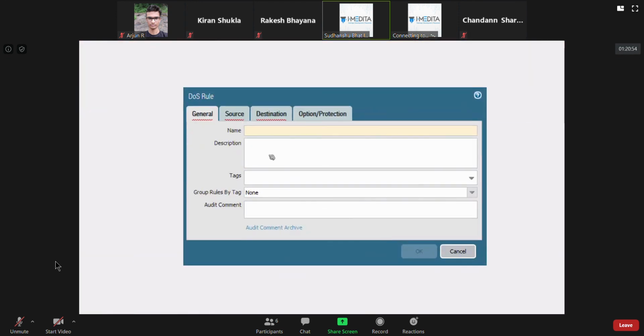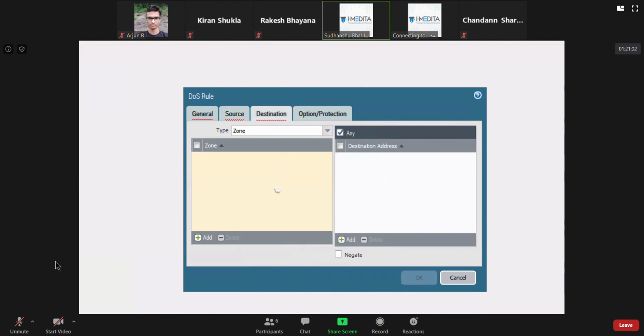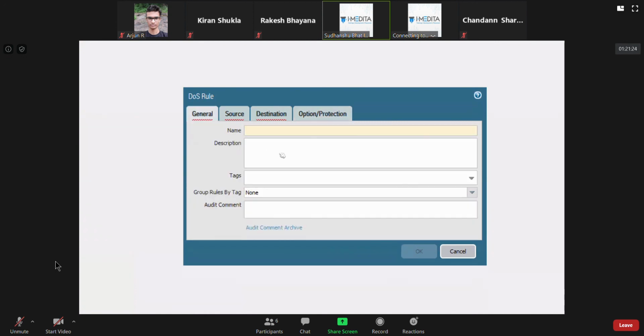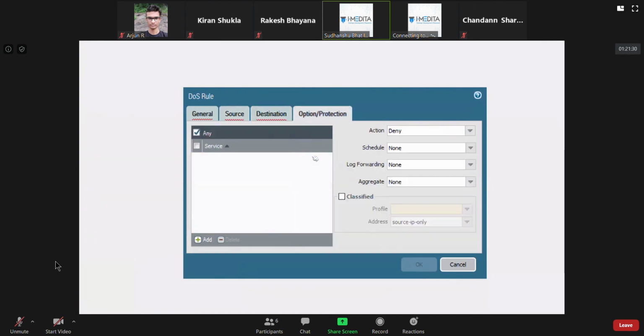This is where you can specify source zone, source address, even a user, destination zone, destination address, and then you can specify some profiles, aggregate, classified. We'll look at that later. These profiles specify the threshold levels for different things. We'll specify this later. So you get the point: we have source and destination, these are the match criteria, and then you protect.